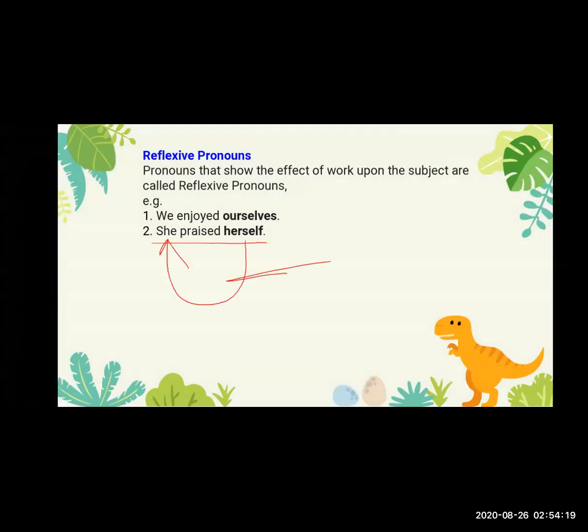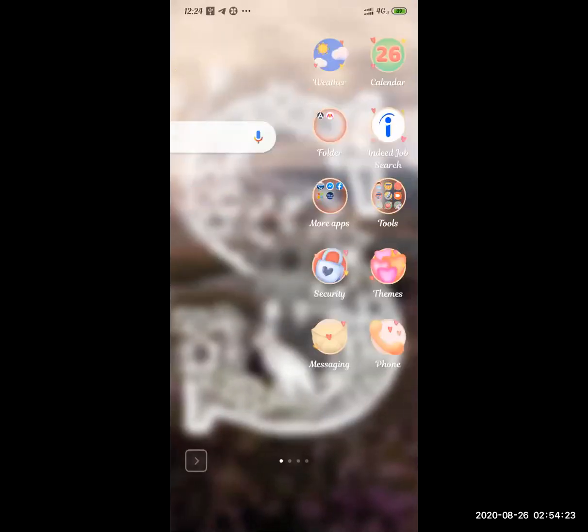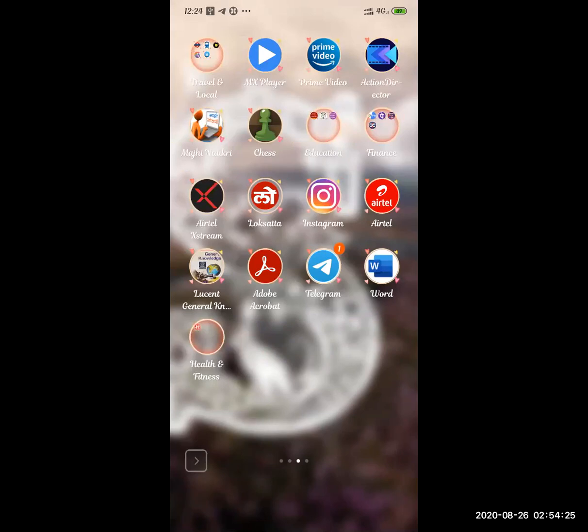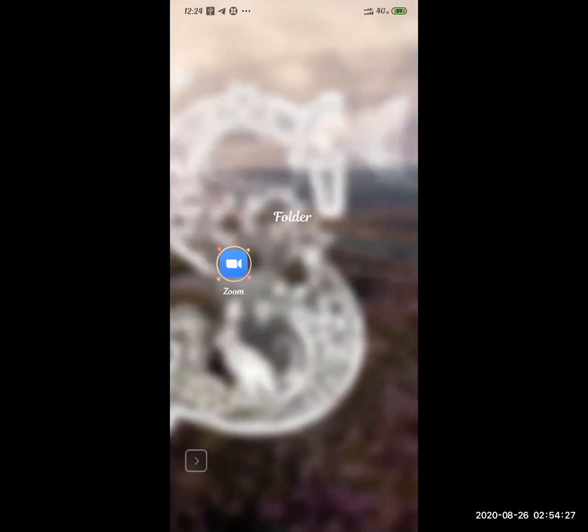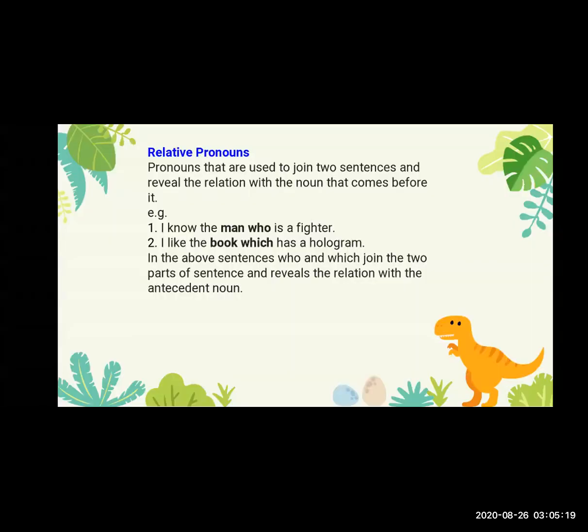Now see here in the standard 8. Relative pronoun always come